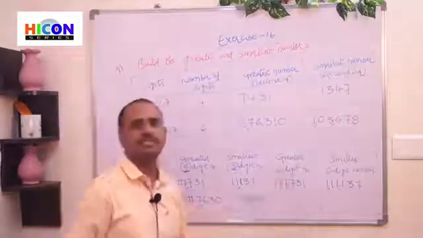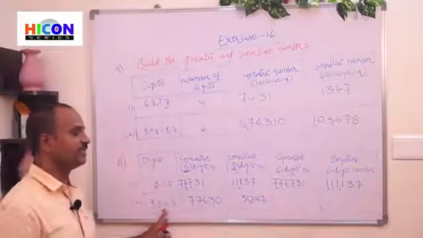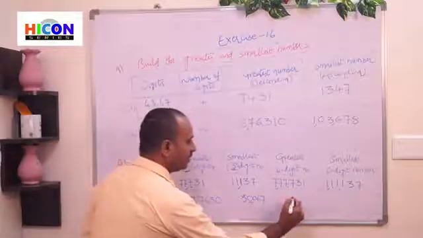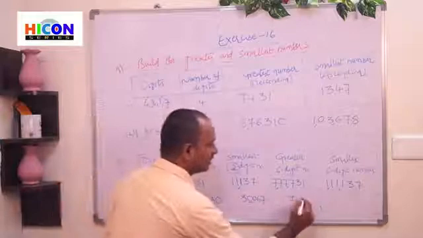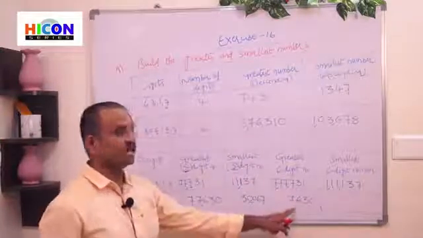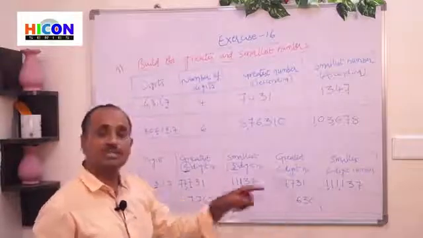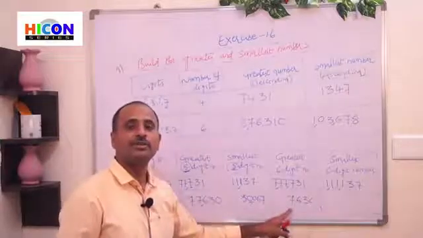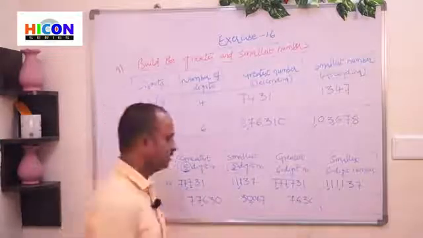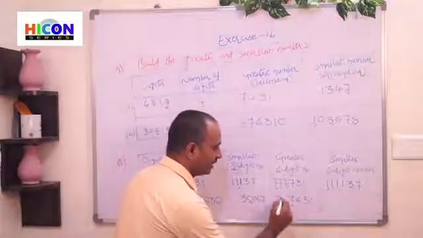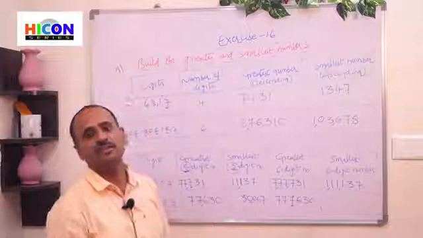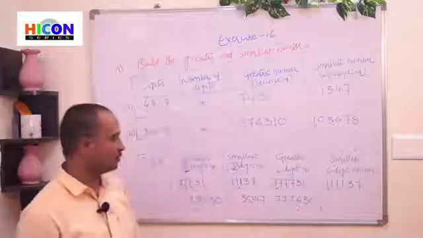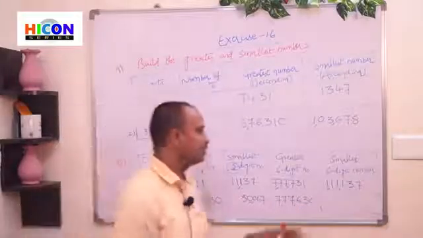Next, the greatest 6-digit number. So write the given digits in descending order first. If you write the given digits in descending order, we will get 7, 6, 3, 0. So children, this is the greatest 4-digit number, but we require a 6-digit number. So we want 2 more digits. But there are only 4 digits. So repeat the greatest digit 2 times. Here the greatest digit is 7. So repeat the greatest digit 7 two times at its left side. Now it becomes a 6-digit number and the number is 777,630.